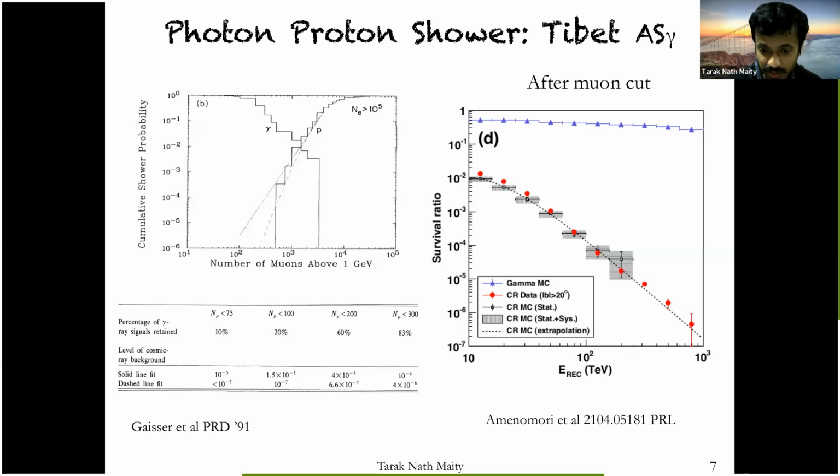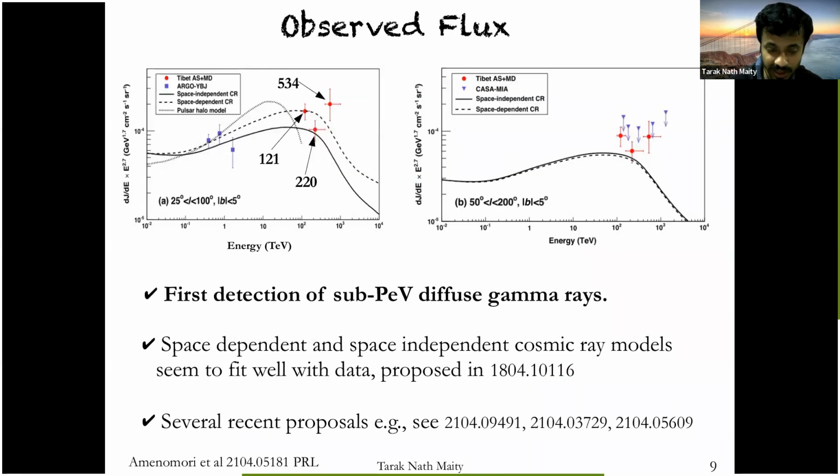These are the gamma ray fluxes predicted by different cosmic ray theoretical models. My essential point is that if you take, let's say, the space independent cosmic ray model as the true model, then this is what that model predicts, and it roughly